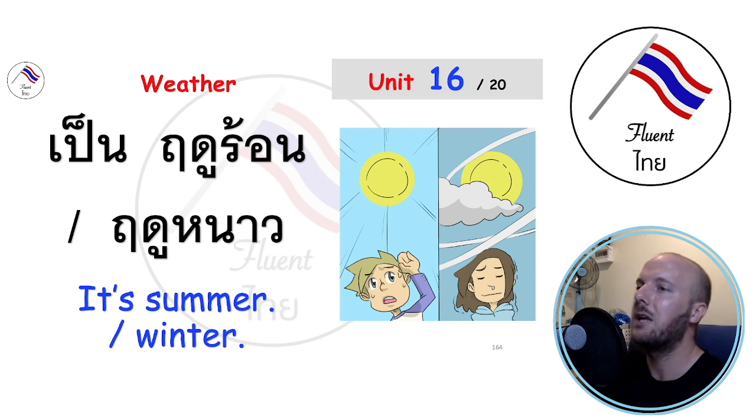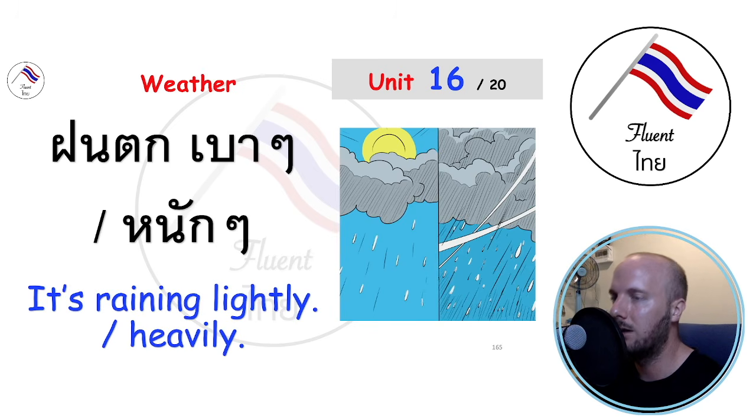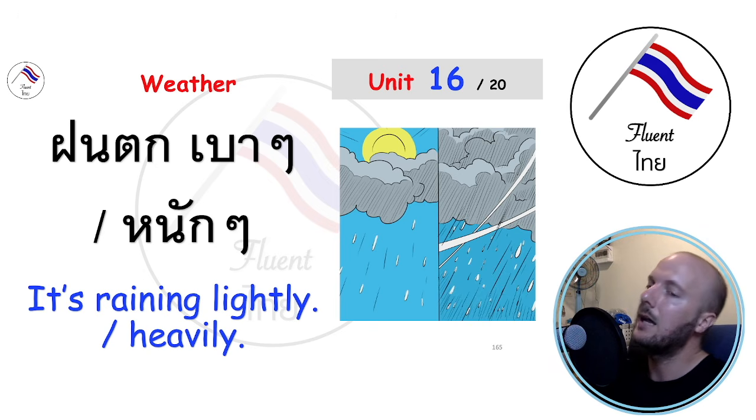now. You have to say ฤดู. You can't just say เป็นหนาว, because then that would mean it's cold. You need to say that it's winter. The way that you'd say it's raining lightly or heavily is you just duplicate or say it twice, the word light or heavy. There is another word for lightly, which is the word we're talking about, like the rain at least. So when you say it's raining lightly, you could say ฝนตก บรอยบรอย